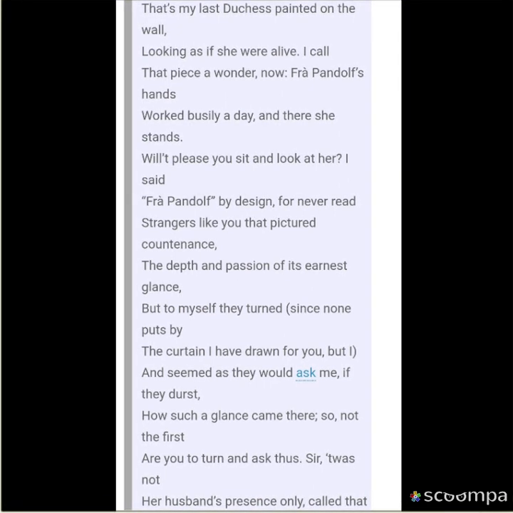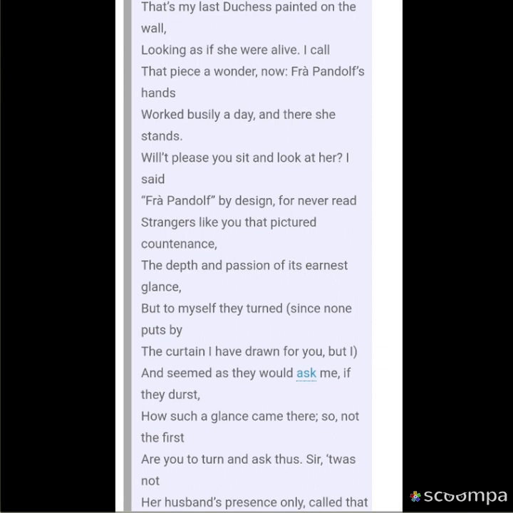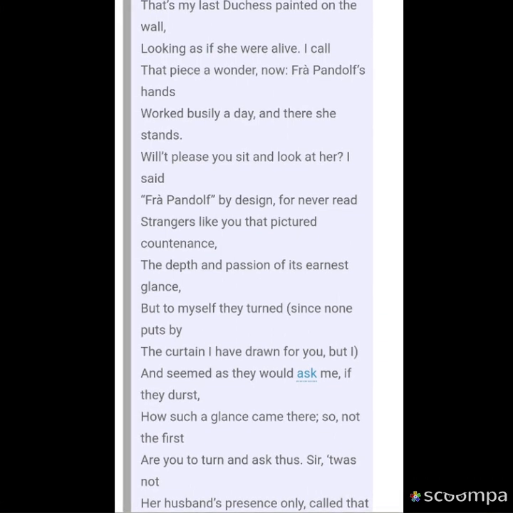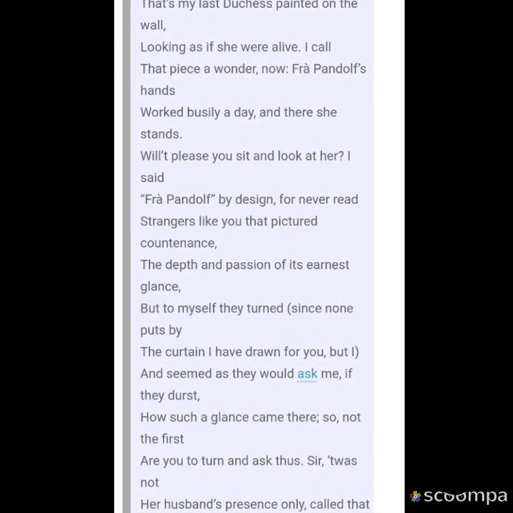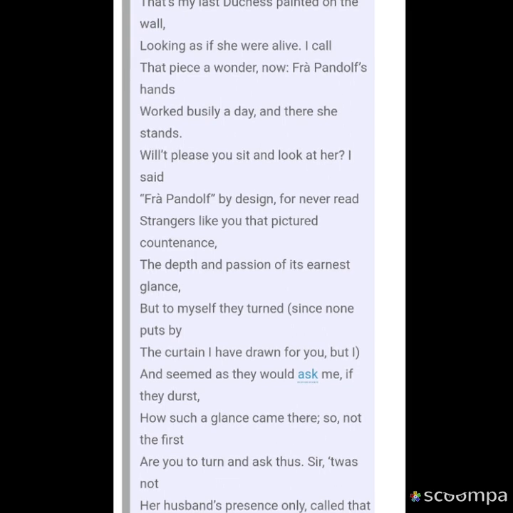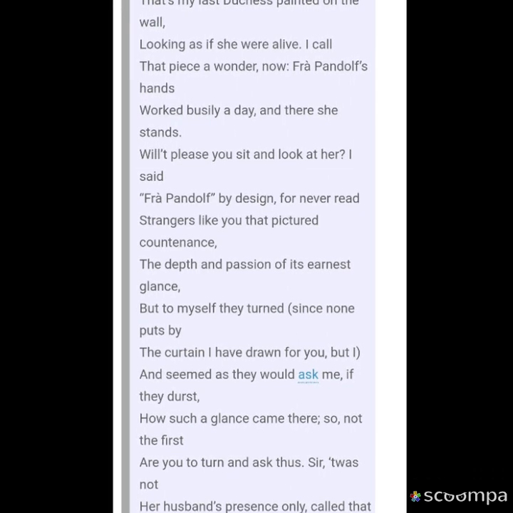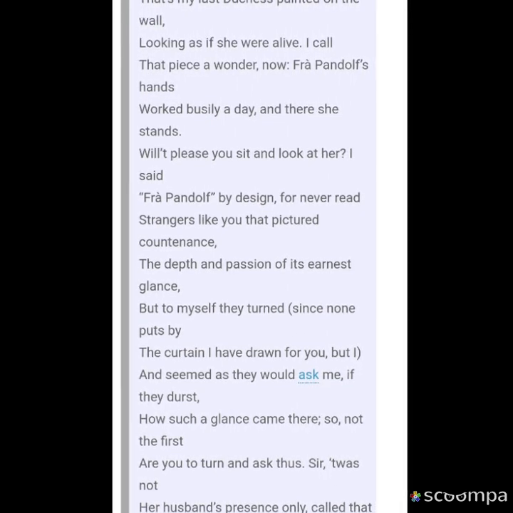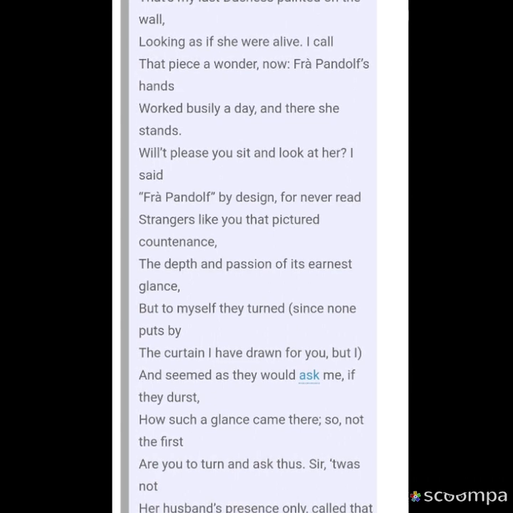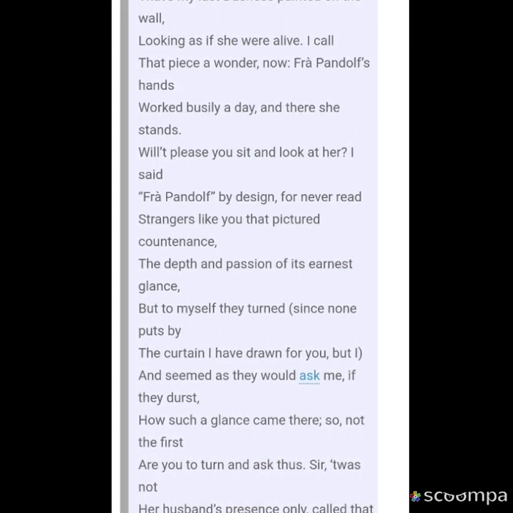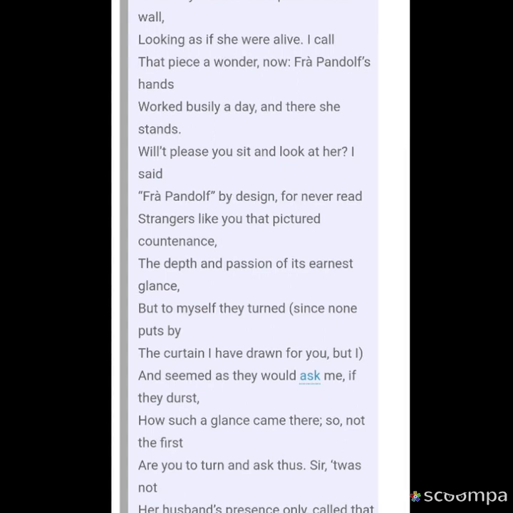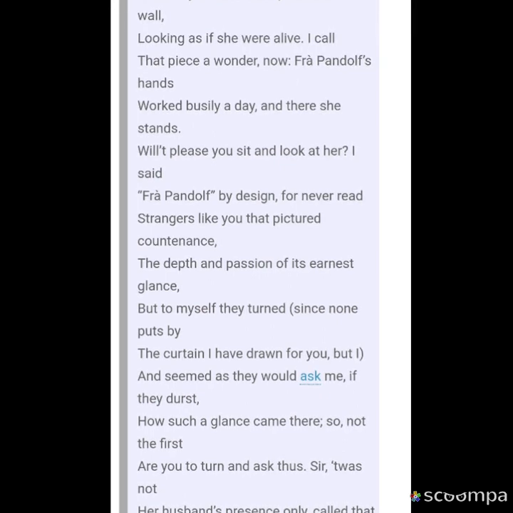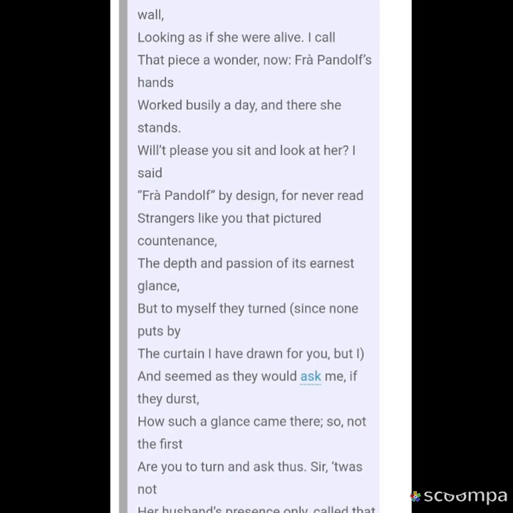But now he also starts expressing his disappointment. He says that if you look at her face, the smile, it's not just for her husband only, it is for some other people as well. Now if you see, it's just a painting and can't have this kind of thing, but still he's possessive that when the curtain is withdrawn, when she even smiles at the other people standing over there, her smile is not just for her husband. And then he says